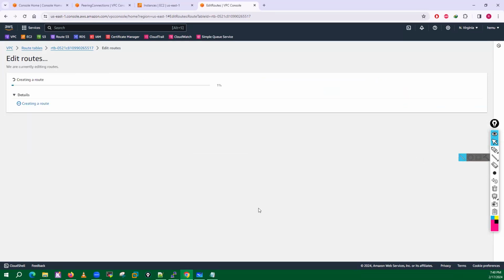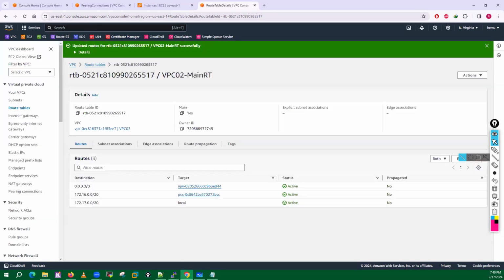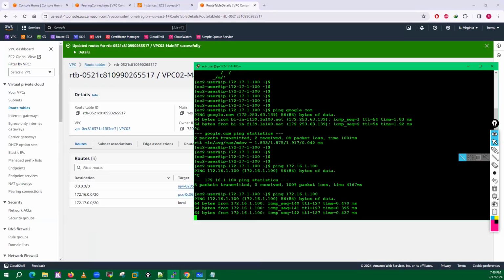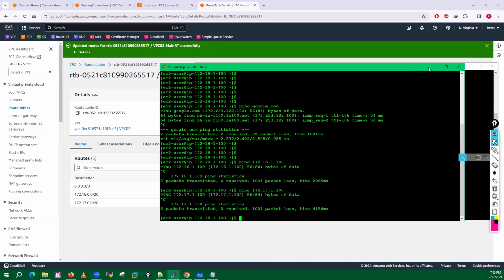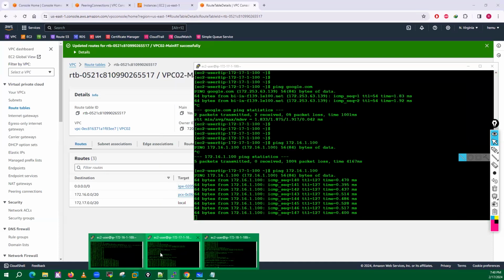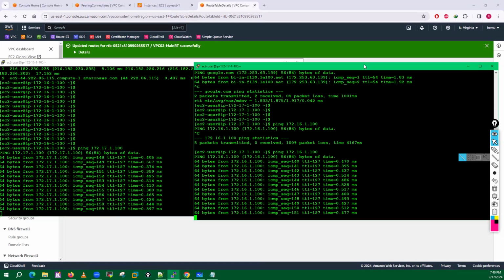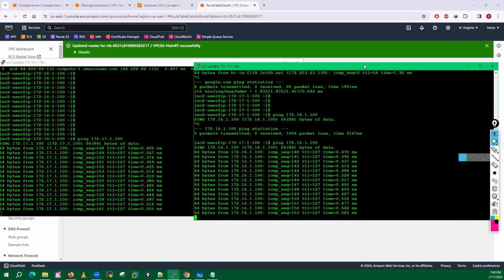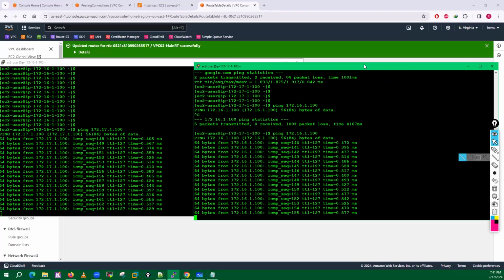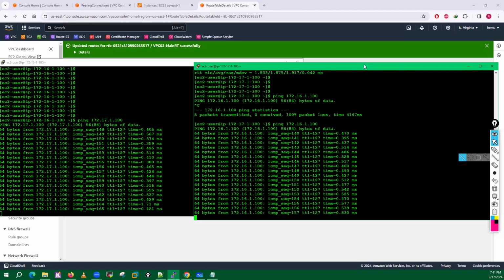Go ahead and just create. Now, as soon as you add it, you can see they have started communicating with each other. Both the VMs have started communication. Private to private communication, guys. So this is known as private to private communication.